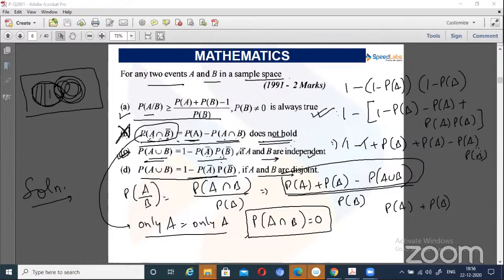1 minus PA, and PB complement is 1 minus PB. So I wrote just the formula and simplified it, and the final I got was P of A union B is equal to PA plus PB minus PA into PB. Okay, now